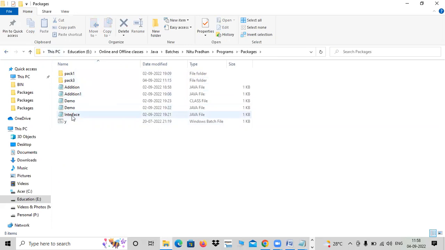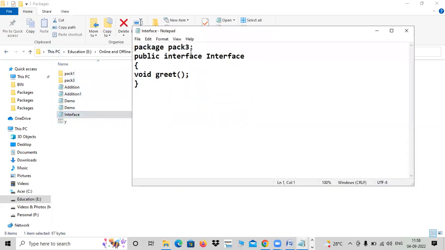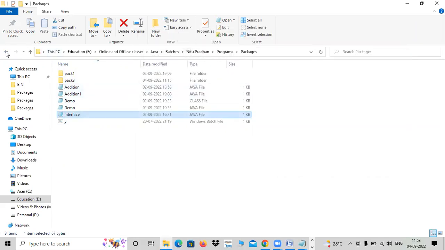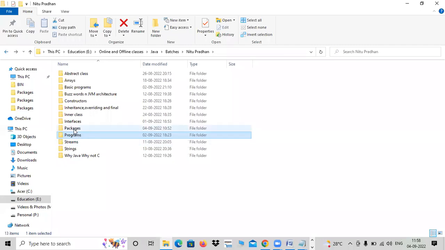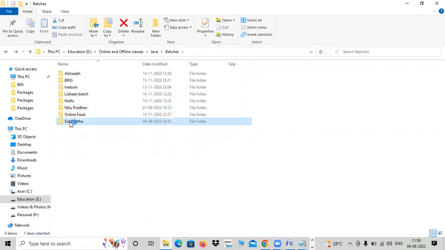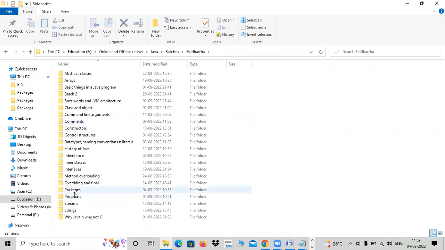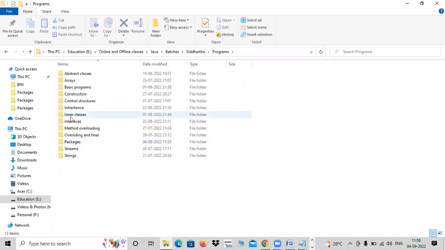Yeah, here it is. Just check the interface, same interface. I think almost all done. Yeah, package pack3, public interface. Same thing, no? Oh, I missed the public keyword. Yeah, that is the same mistake I have made today also. So whenever you write that, you have to make it public to be available for the other class. Yes, yes. Every time I am repeating the same mistake. I am not learning from the mistake.